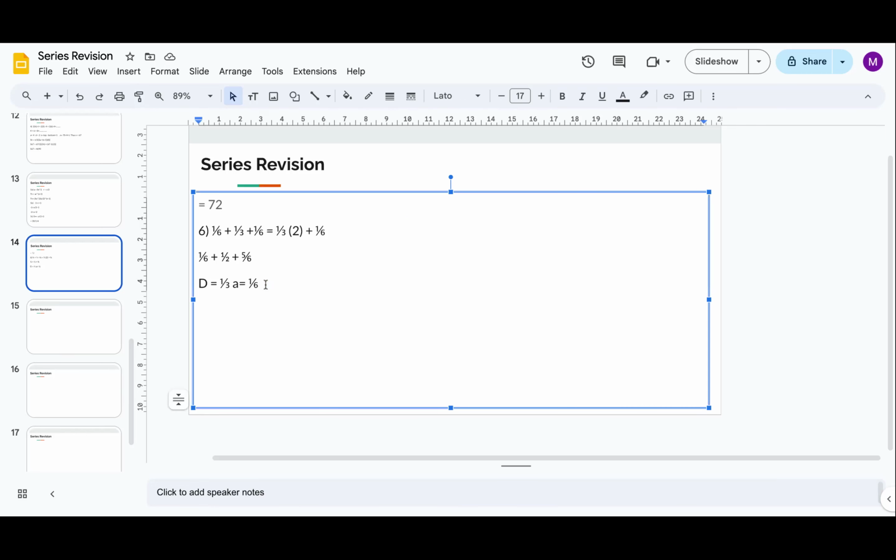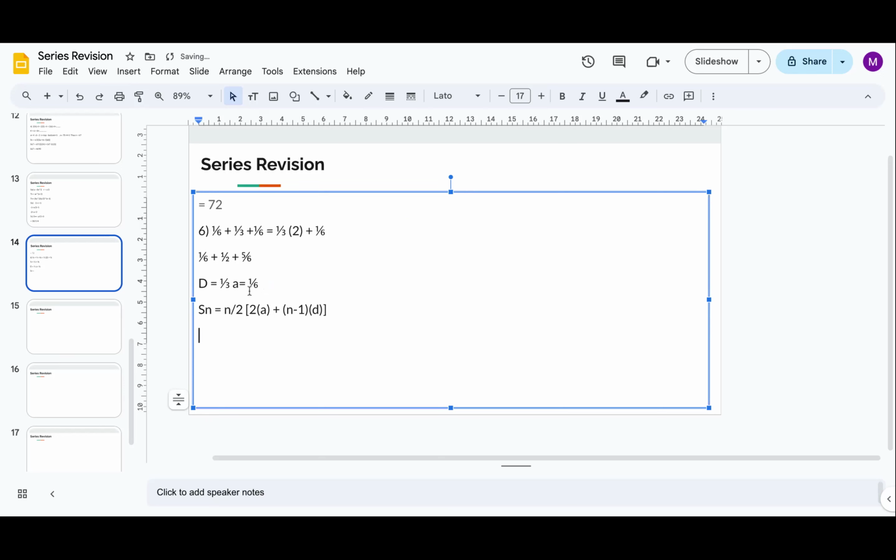Okay, so I know that Sn, the formula for my arithmetic series, can be given as Sn is equal to n over 2, open brackets, 2a plus n minus 1